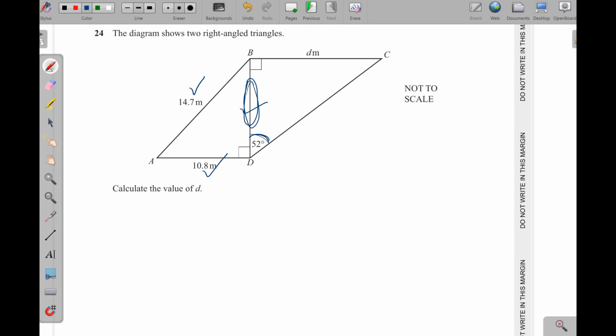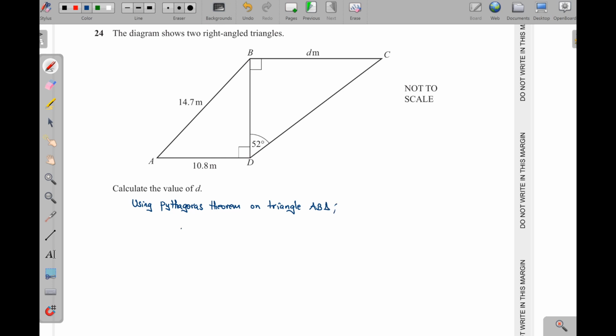Are we there? Then when I come to triangle BCD, I have an angle involved. Then there is a length here and then a length. So here I can use SOHCAHTOA. Are we there? So using Pythagoras theorem on triangle ABD,